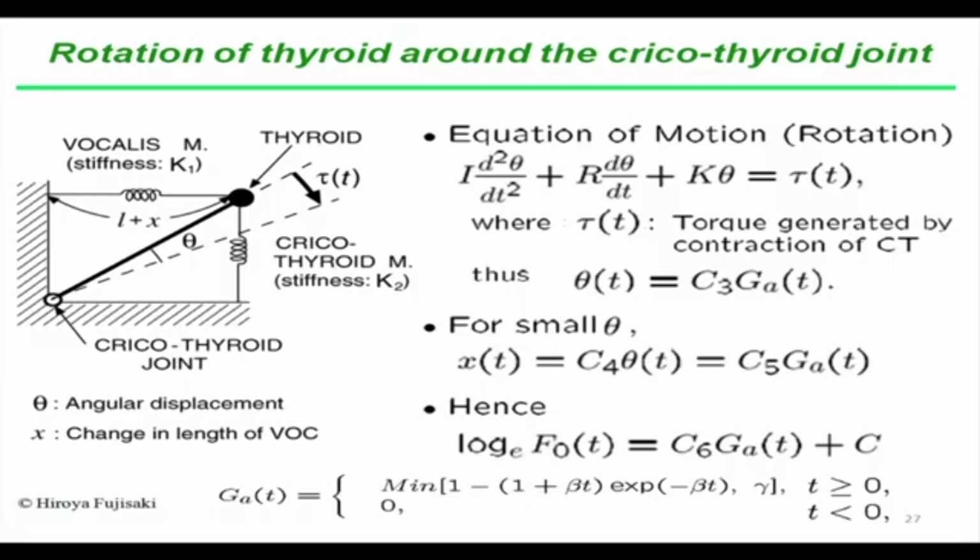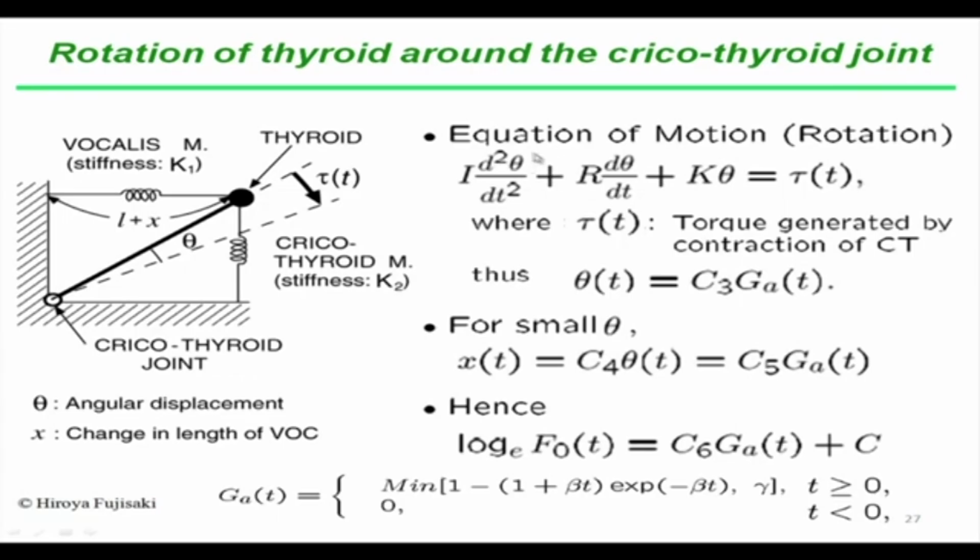So, I can say I in terms of theta: I d²θ/dt² plus r dθ/dt plus kθ. K is the stiffness, r is the mechanical resistance and I is the mass of the muscle. So, with mechanical resistance, mass and stiffness, I can find out the movement variation of